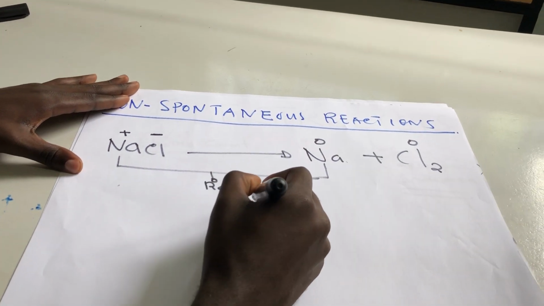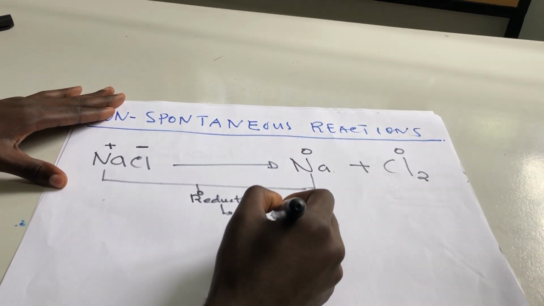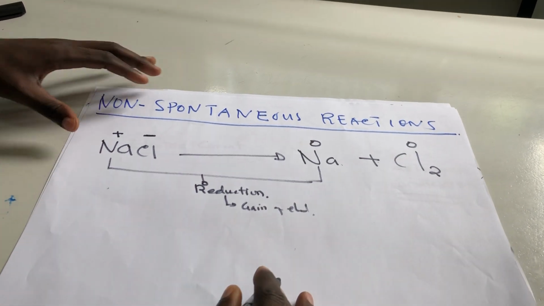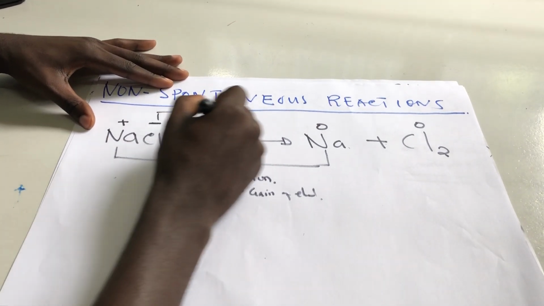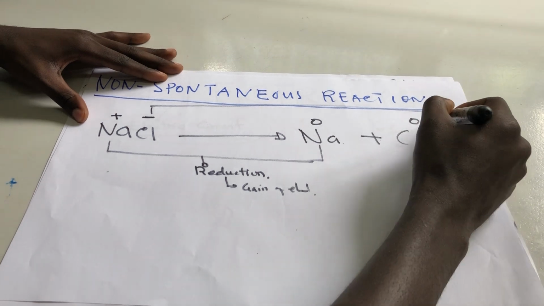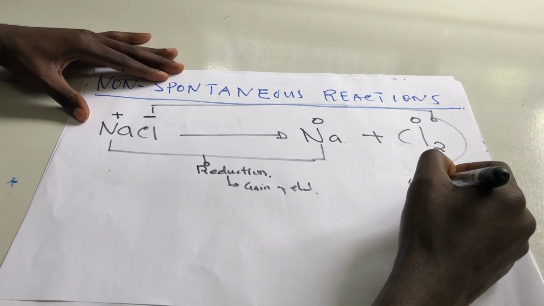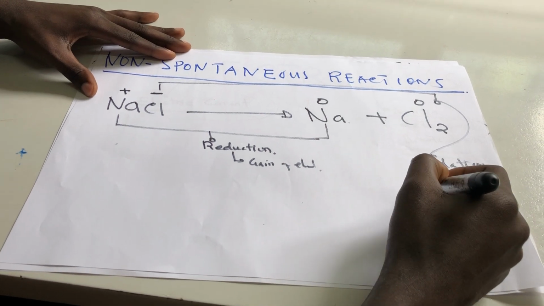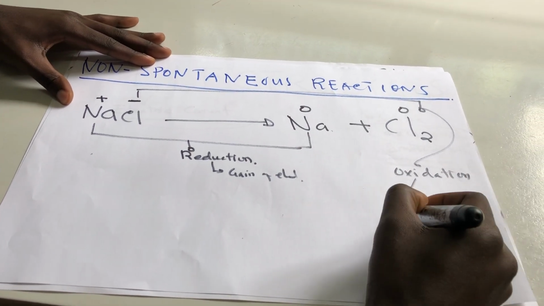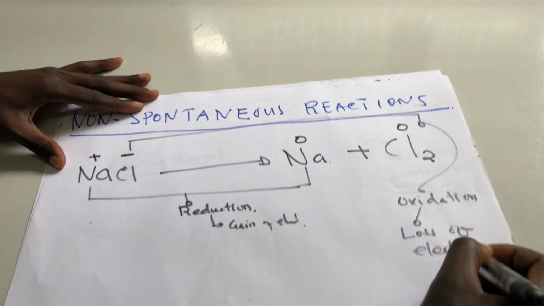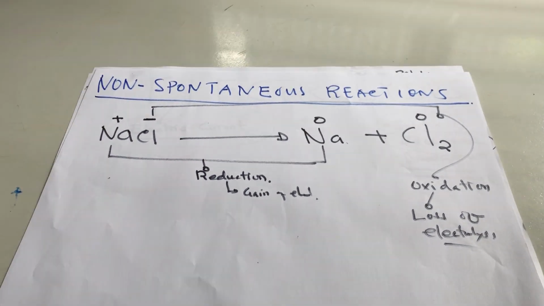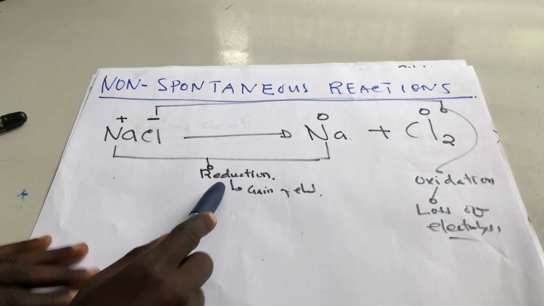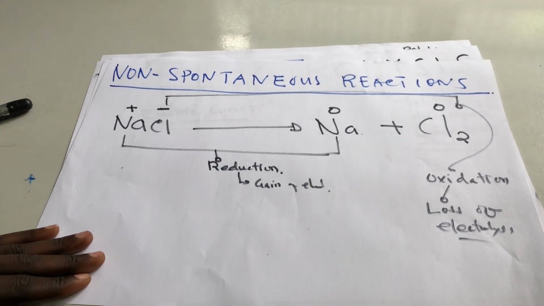Reduction, which means gain of electron. Also, you will find that chlorine undergoes oxidation, which means loss of electron. So kiuhalisia hii reaction haiwezi kufanyika kwa sababu